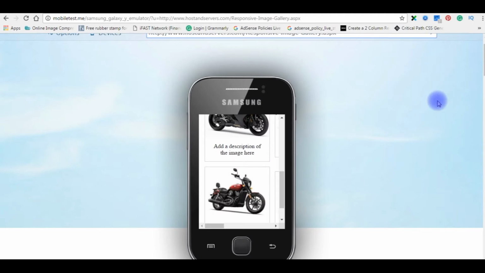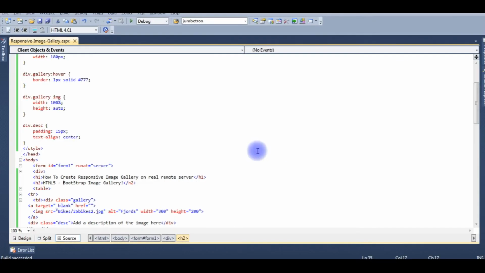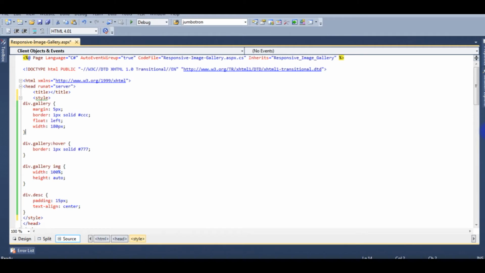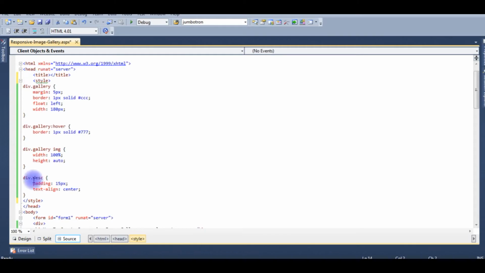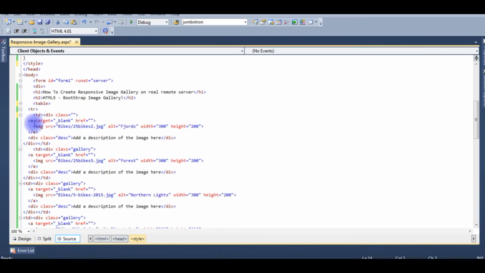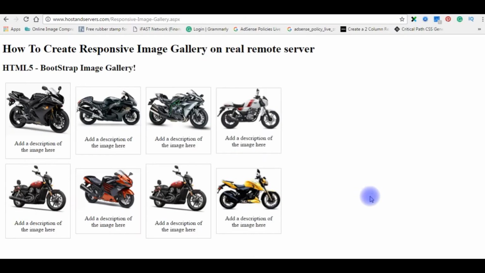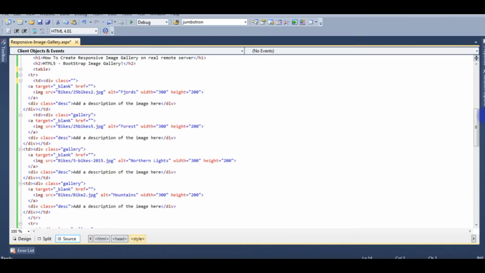Let's go and create a perfect responsive image gallery. It's suitable for small devices to large desktop. Let's go to my project. We'll check what the code contains in my HTML. Right now I am in the source code of my project, and the responsive image gallery page contains one simple CSS style sheet and one simple HTML table control which contains images, and this is the output of that code. Now my aim is that the image gallery in this table must be responsive on all devices, small to large desktop.